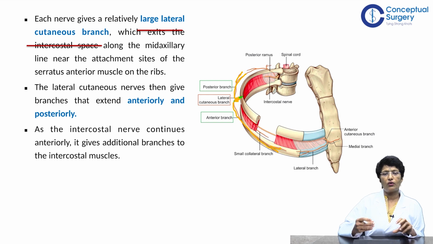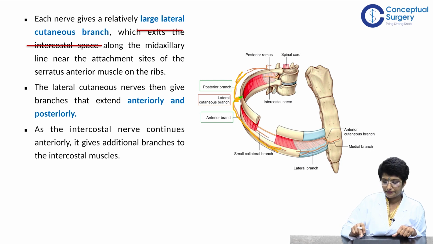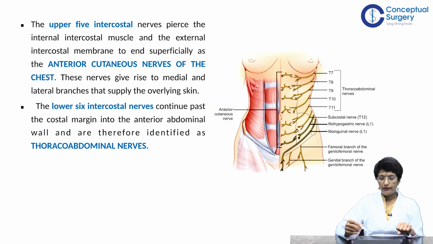So as the intercostal nerve continues anteriorly, it gives more branches to the intercostal muscles. So the upper five